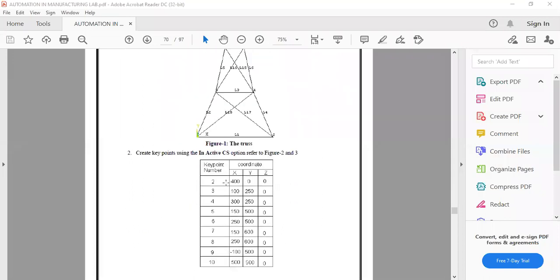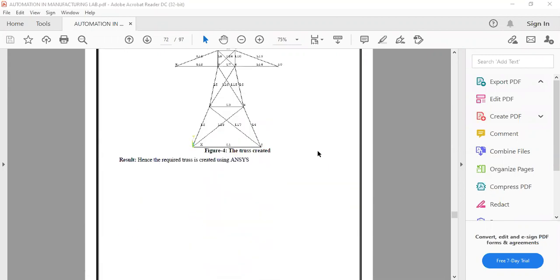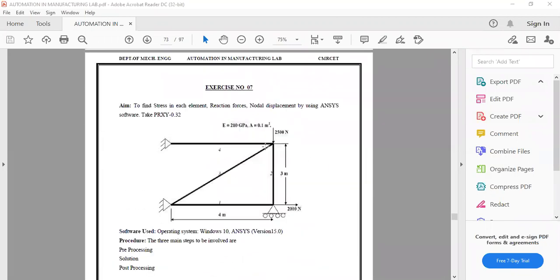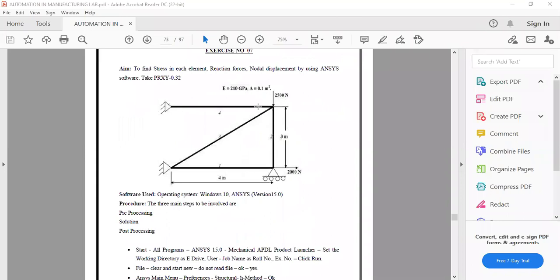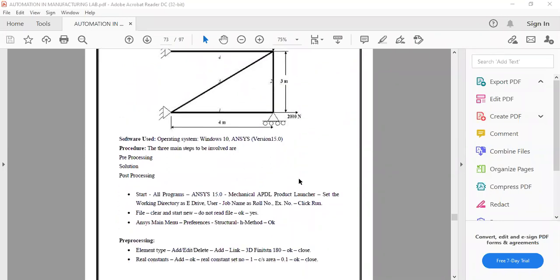You have coordinates, we'll create key points and then we'll join them. And then for this truss structure we will find the stress, the reaction forces, and nodal displacement. Loads are given, the lengths of these links are given, right?